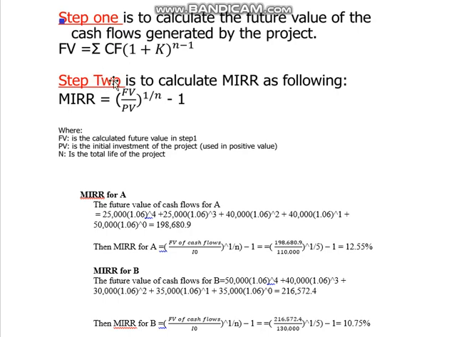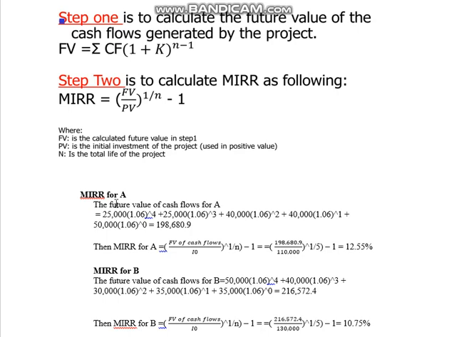Step 2 is to calculate the MIRR according to its formula: the future value calculated from step 1, over the present value, which refers to the initial investment of the project, taken as a positive value, to the power 1 over n, minus 1. So if we want to calculate the MIRR for project A,